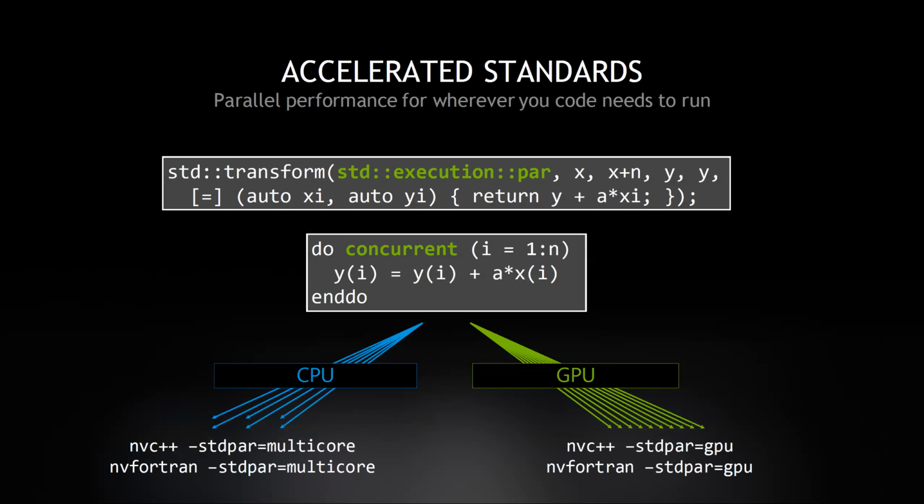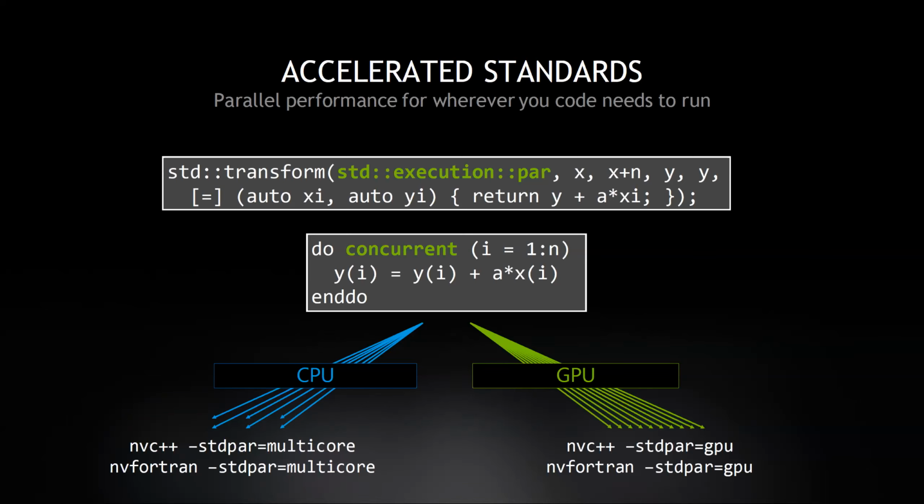Now, on the standardized languages front, again, I'll mention that both in C++ and in Fortran, the use of operations like std::transform and std::for_each, as well as in Fortran do concurrent, are things that can work on GPUs, and today they do with the NVIDIA HPC SDK. And in the NVIDIA HPC SDK, the C++ compiler is called NVC++, and the Fortran compiler is